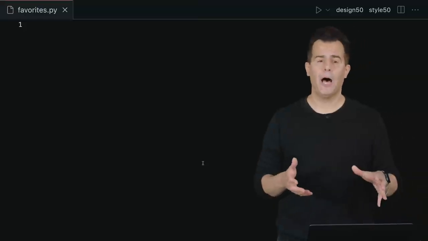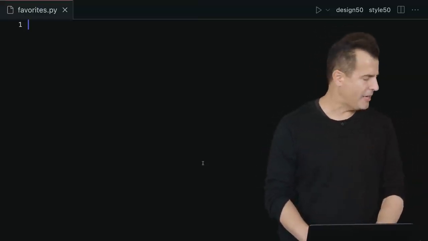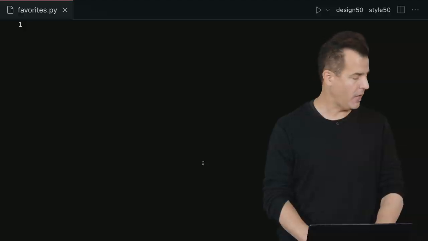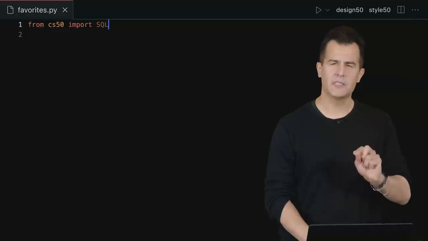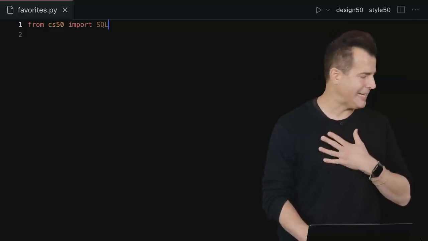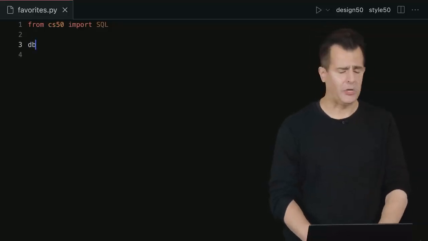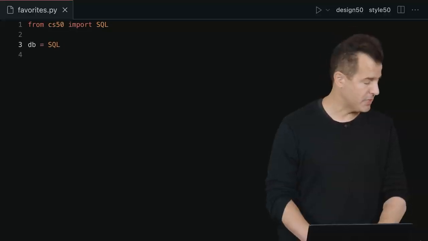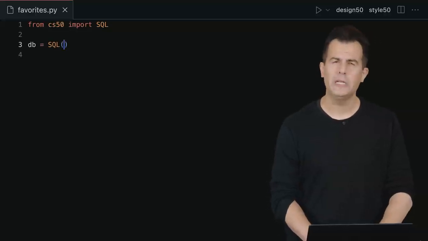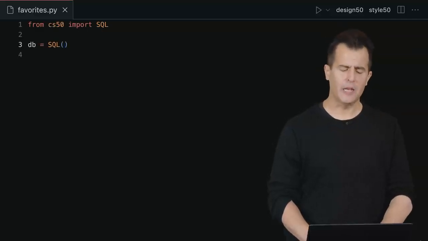So let's do that. Let's go back to VS Code and open up favorites.py, but start from scratch here. And instead of importing the CSV package, let me go ahead and import something from CS50's own library as follows. From CS50, import SQL in all caps. This is going to give me access to SQL-specific functionality in CS50's own library. Let me then create a variable called db for short, but I could call it anything I want. Set that equal to the return value of that SQL function from CS50's library, and then specify what SQLite file I want to open. The syntax for this is a little weird, but inside of quotes, what I do is